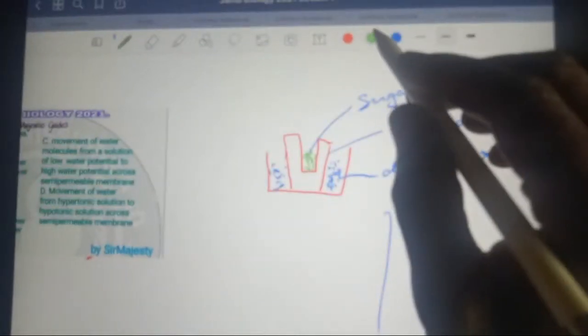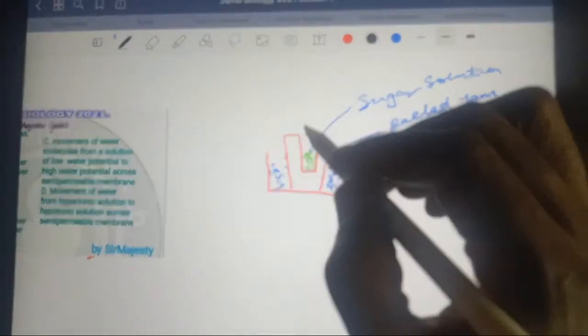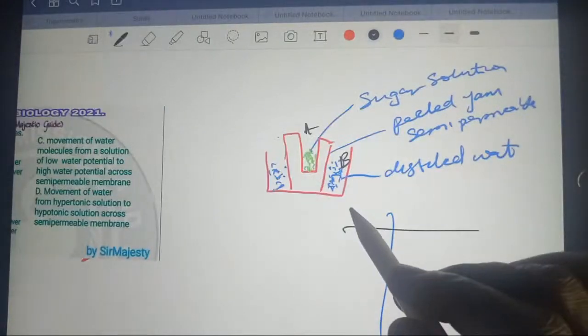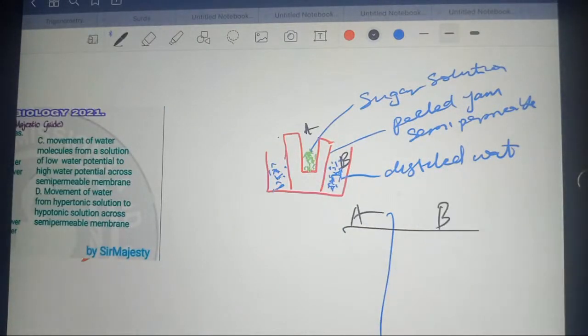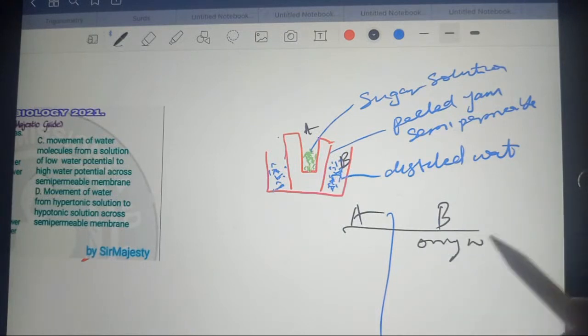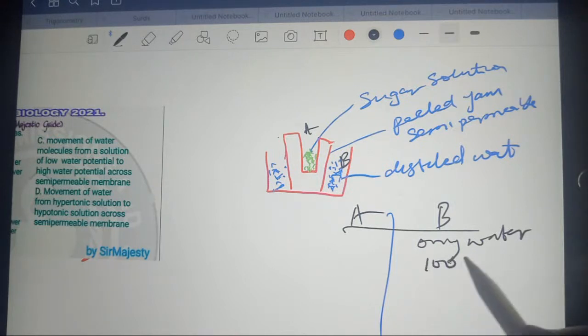Let me use a separate color. Okay, we take here as region A. Here is our region B. So watch this, A and B. Region B shows only water. Only water molecules are there. And by measuring the concentration, it shows that water molecule concentration here is 100%. But here is mixture of